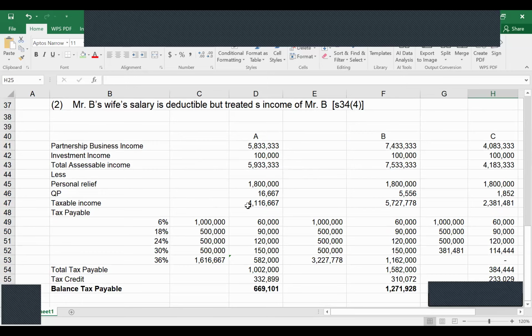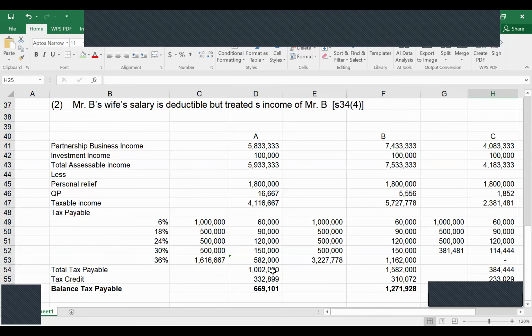So to that taxable income, we can apply individual income tax rates 6%, 18, 24, 30, 36. After applying those tax rates, as I have already explained, when we are calculating individual tax liability, we can calculate total tax